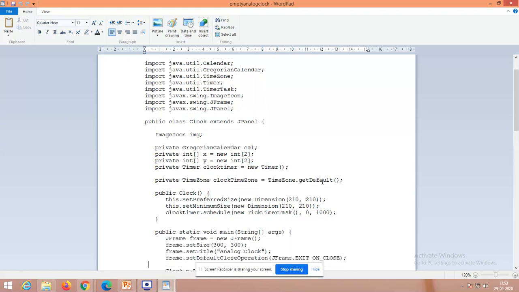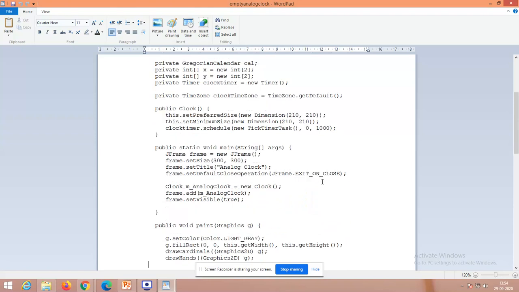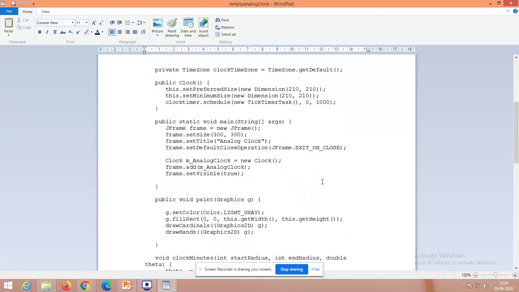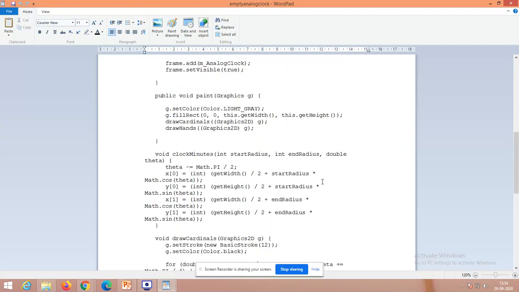They have set the corresponding content for the dimension of the clock. Okay, so they have added the frame towards the corresponding clock. All the operations are being enabled within the paint event. They have triggered the clock. They are filling out the corresponding hands. They are drawing the cardinals. So this is the math that you have to follow.